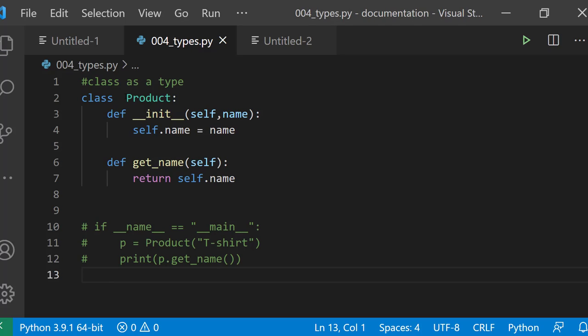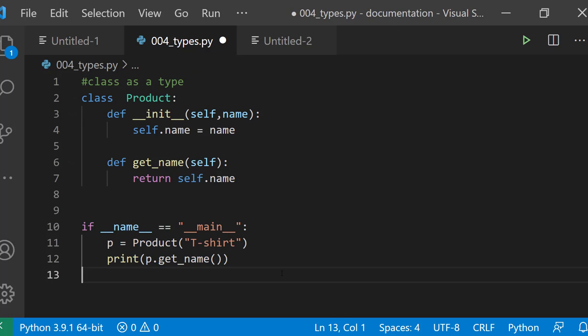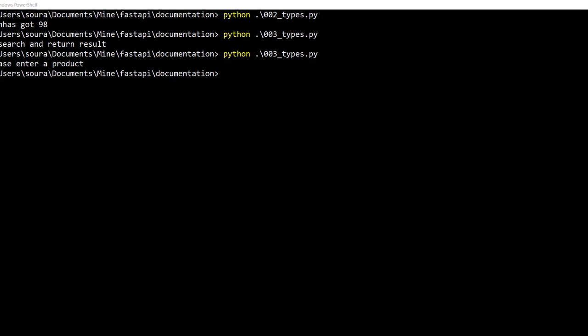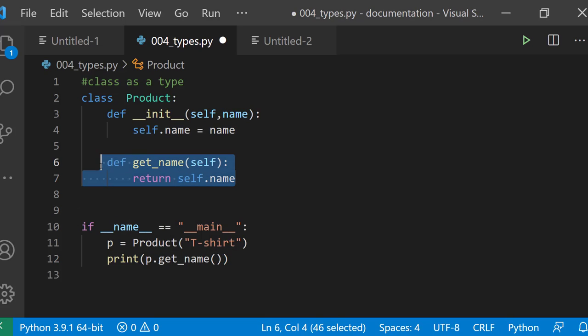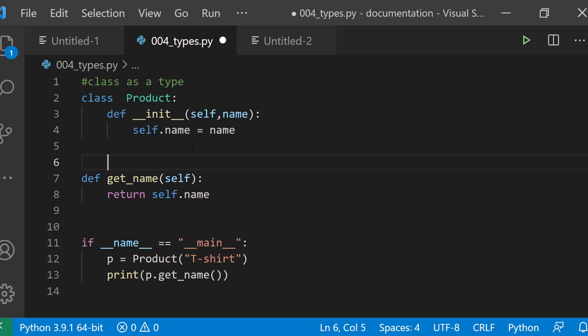See, I have implemented a class which is going to initialize the product name. That's all. Now there is a method which will simply return the name of the product. So if I run it, I'm going to create an instance of the product and I am calling p.getName. It will run all fine. But if I take this method out of the class, it is a simple function. Now it is not a class method. It is a simple function. In this case, it will receive a product,